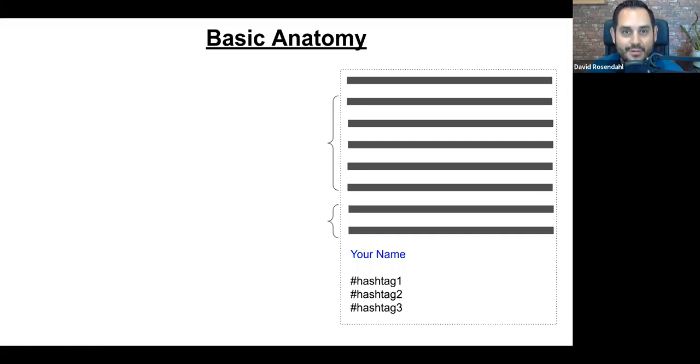So if you look at the screen, let's imagine that what's on the right-hand side is a LinkedIn post, okay? Just kind of a mock-up of what a post might look like. This is the border of the post here, and this is supposed to be different content lines, okay? So the first thing I want you to notice is that the content isn't all jumbled together. It isn't all pulled together in one big blob, okay? There's maybe one line, a space, another line, a space, another line, okay?